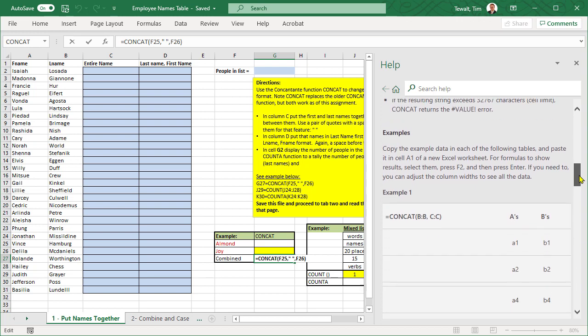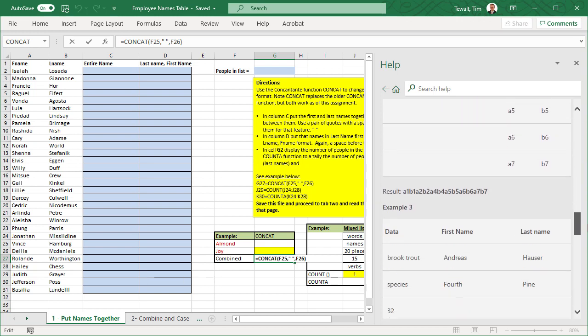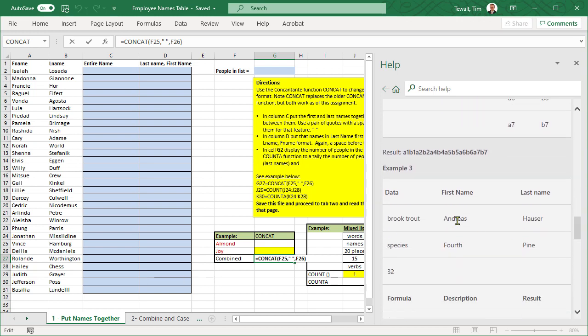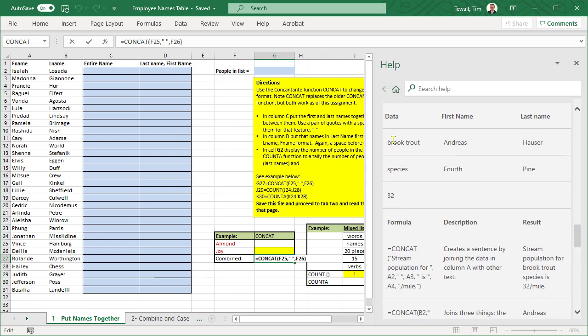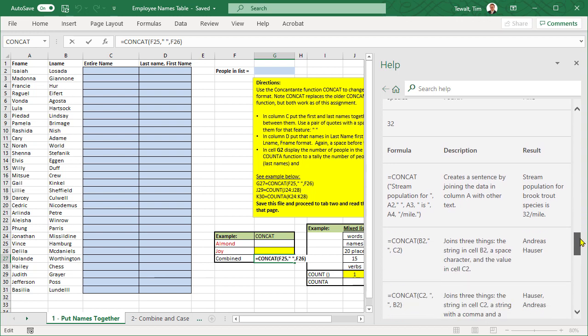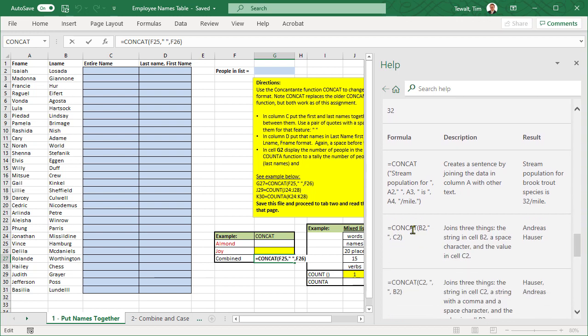One example that they have a little bit further is to say they have names like this name and that name. They tell us to paste this in. This would be the column A, B, and C. And we see down here they conjoined, concatenated B2 and C2, which gave this for an output. It wouldn't be on separate lines, but that's where it is. Here they put them in opposite order. So we're going to apply this idea of concat